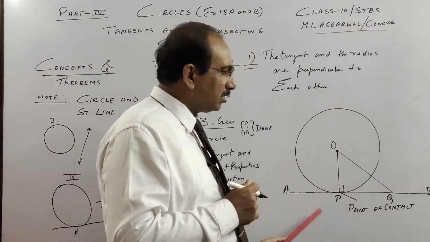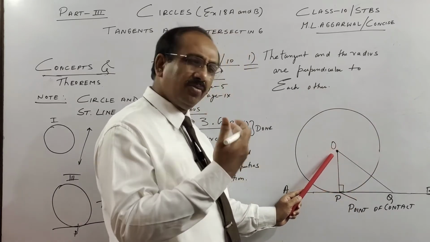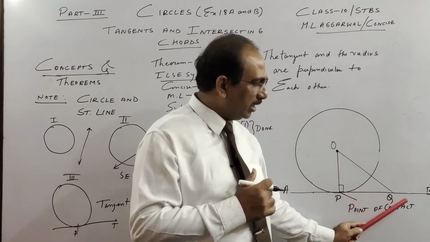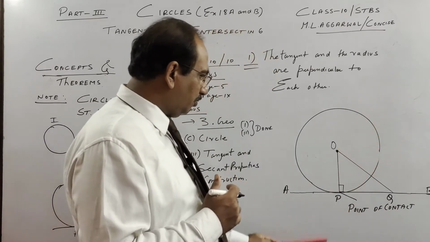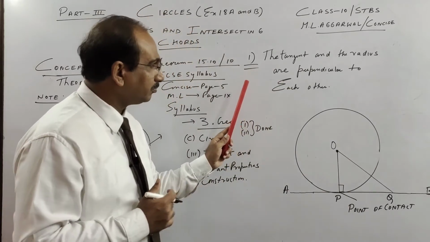Second thing, the sun is there, and the earth is moving. Suppose suddenly the gravity of the sun finishes. So what will happen? The earth will take a tangential path. So if it is here, it will take this path. So from one point there is only one tangent possible, and this theorem, children.